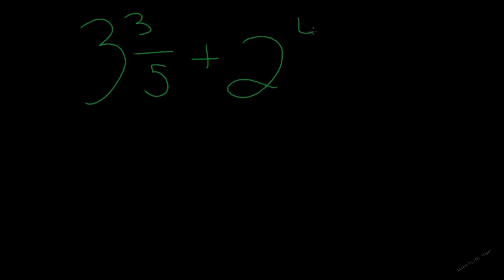Okay, so let's start with 3 3/5, and let's add that to 2 4/5. If I add this, I can see that I'm going to get 5 7/5. I know that I can add whole numbers and I can add the fractions, but the one thing